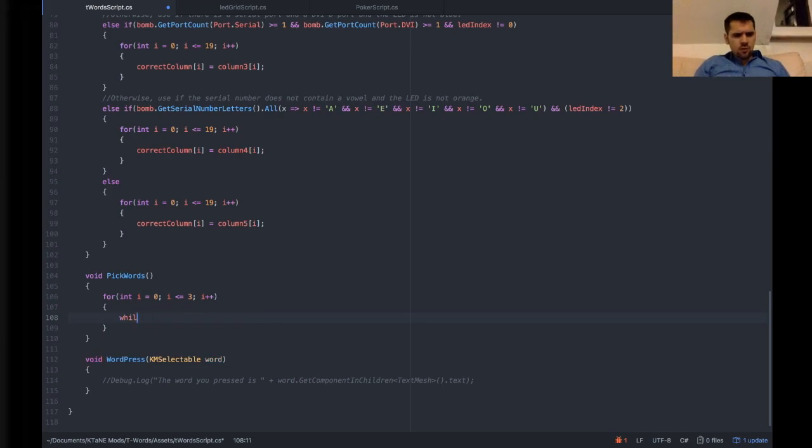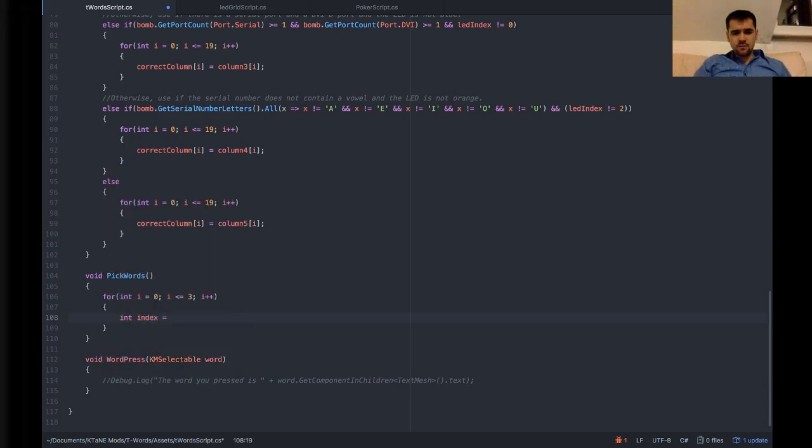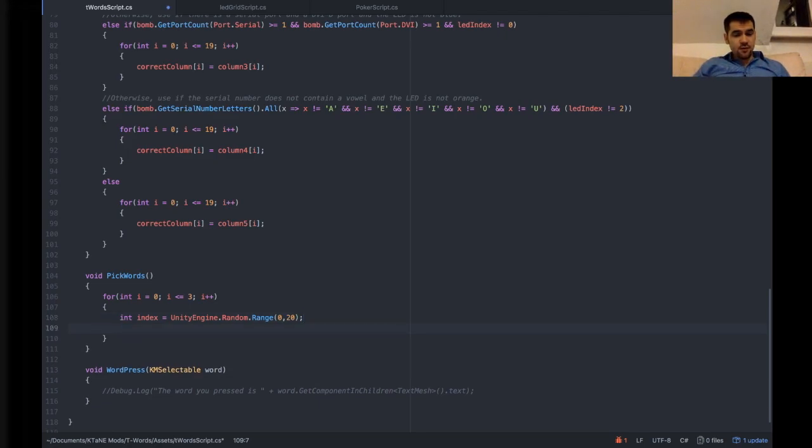Oh no, we don't need to do while. I want to pick a number first. So we're going to call it int index. So a new integer, and we're going to call it index, Unity engine dot random dot range 0 to 20. So it's going to pick a number between 0 and 19, and we're going to assign that. But before we do that, we need to add our while loop. While